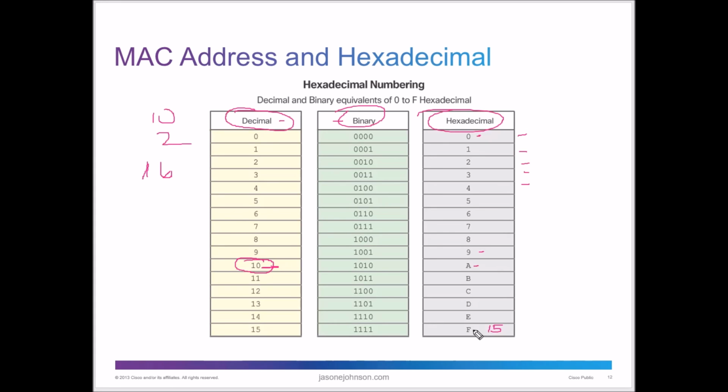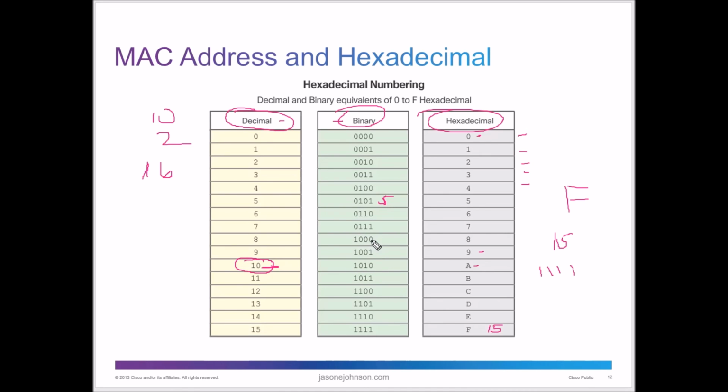There's 16 places. So if we were going to write the letter F in hexadecimal, that's representative of the decimal number 15. In binary, that would be 1111. And how do we know that? Well, because we know how to convert. Binary 0 is 0000. We add a 1, so 0001, because the place value of 2 here, 2 plus 1 is 3. The place value of the next one over is 4, 4 plus 1 is 5, and so forth. Again, I've got a video that shows how to do that much more easily, but you should be able to look at the small binary numbers and know what they are.